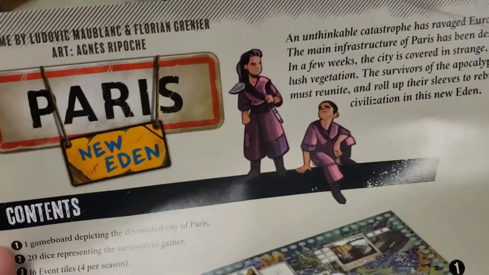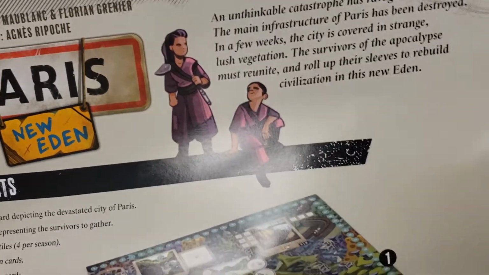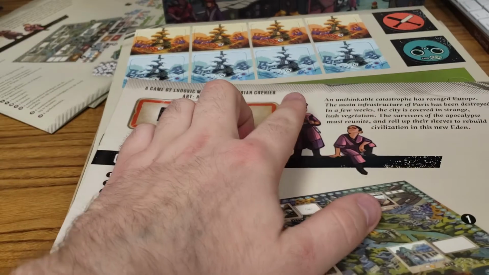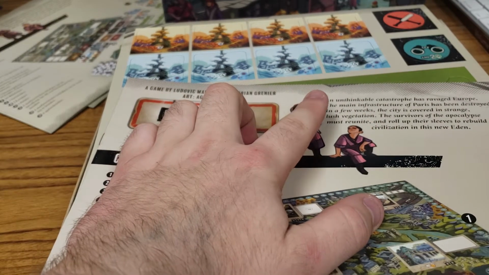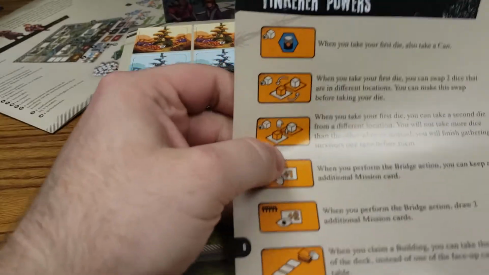An unthinkable catastrophe has ravaged Europe. The main infrastructure of Paris has been destroyed. In a few weeks, the city is covered in strange, lush vegetation. The survivors of the apocalypse must reunite, roll up their sleeves to rebuild civilization in this new Eden. They only have 3 more days before they run out of their supply of wine and cheese, and if they don't get enough, all of them will perish because they are French. Anyway,